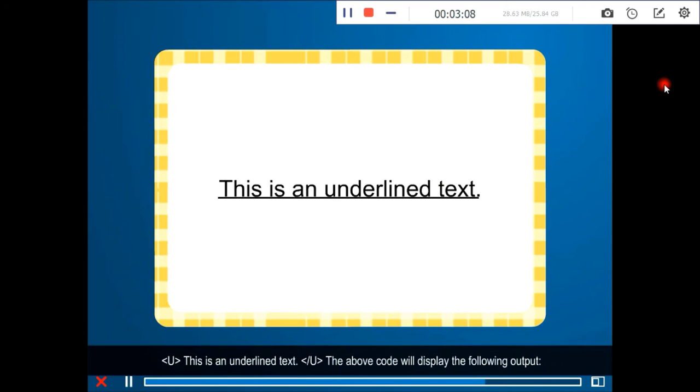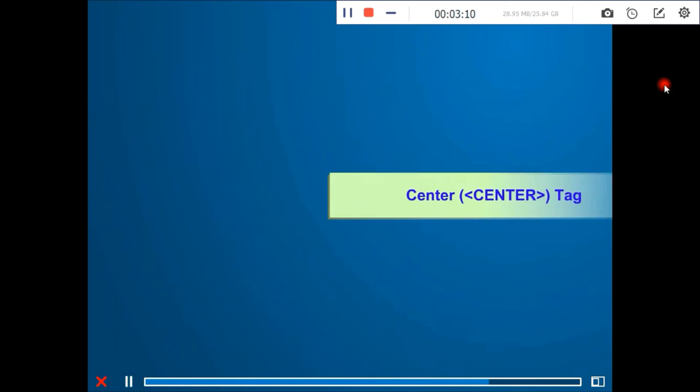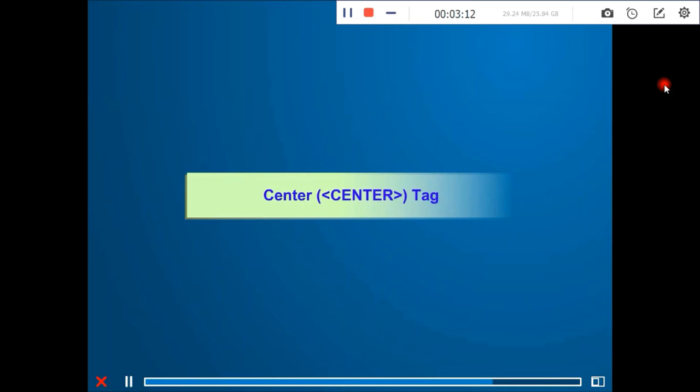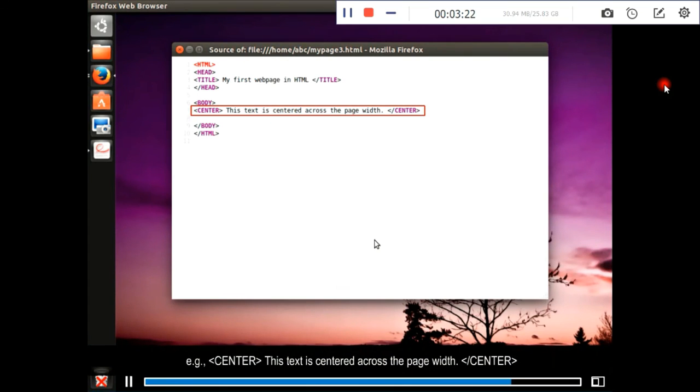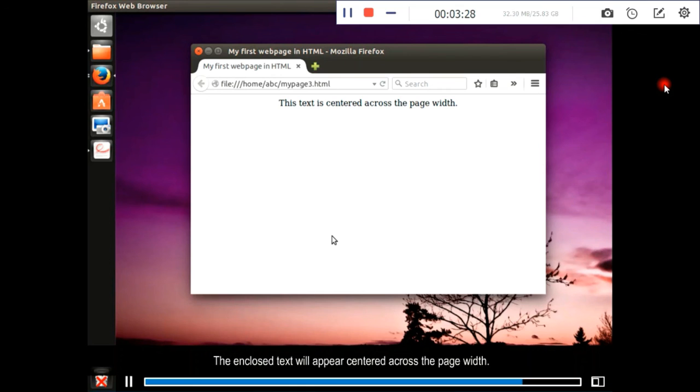Okay, now the next one is the center tag. The center tag is used to align the enclosed text or an object across the center horizontally on the web page. For that you need to write center, and then whatever your text, so the text will display